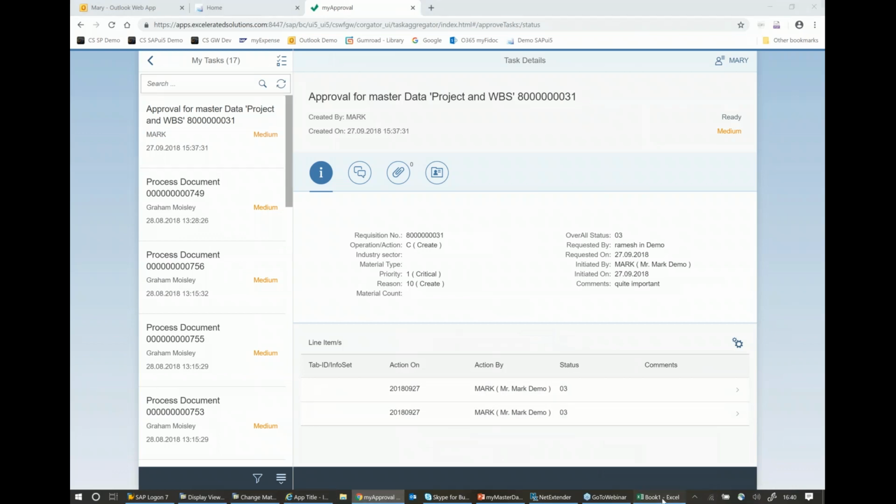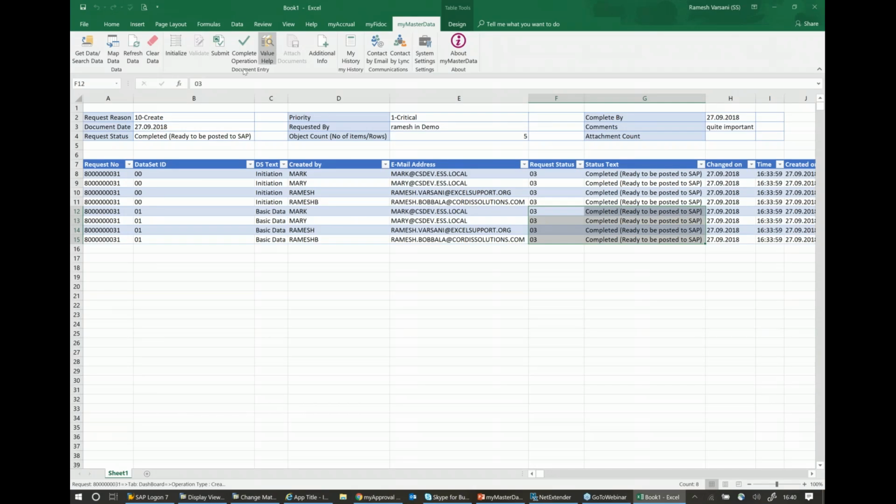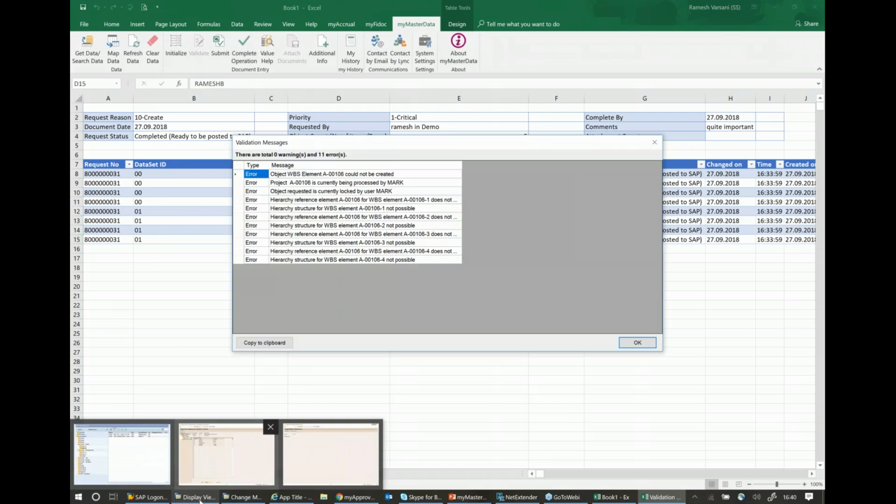So now if I go back, and now obviously if I look at this screen called data sets, now you see this over here called operation complete. I simply press that. As soon as I press that, it's now going to be created in SAP. It's as simple as that. Okay, so if I now pop over to SAP,